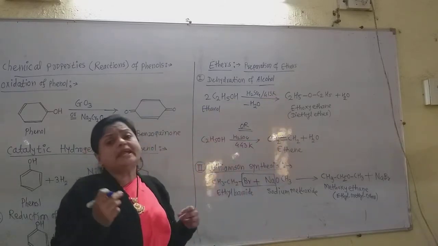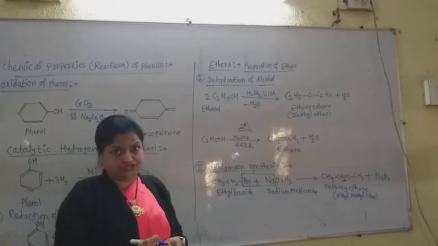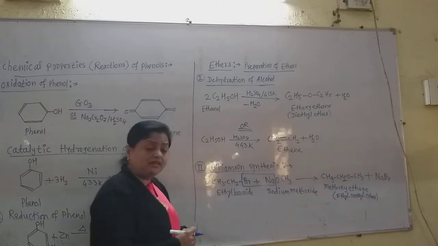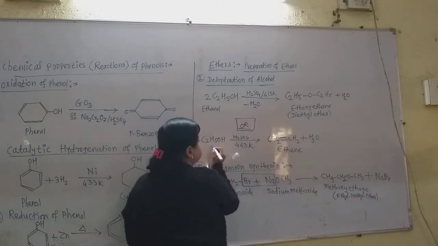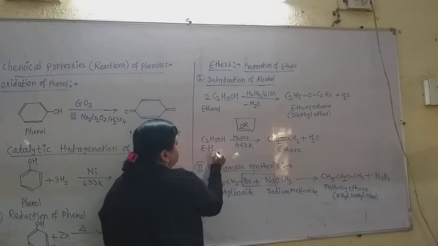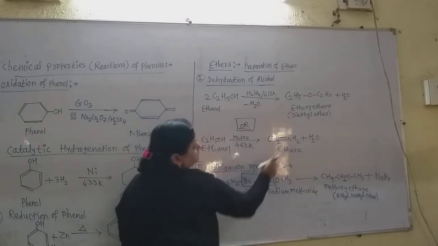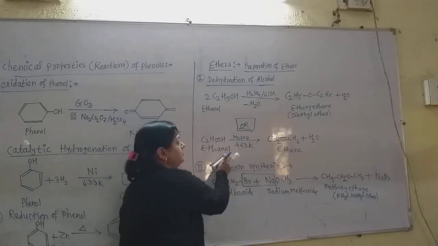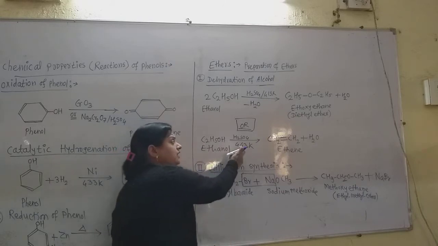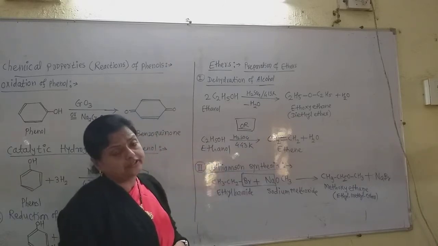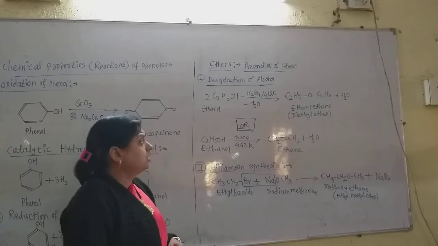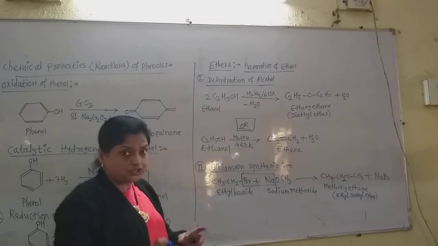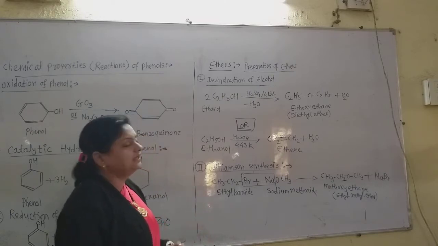But here two reactions happen at different temperatures. If we increase the temperature up to 443 Kelvin, then this other reaction occurs. Now this ethanol gives ethene at the higher temperature. This is also a dehydration of alcohol reaction, but at a higher temperature, and the dehydrating agent H2SO4, that is sulfuric acid, is used here. Now in the first reaction there is formation of ether, but the temperature must be low, about 413 Kelvin.